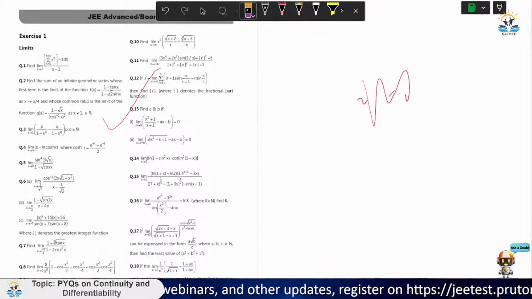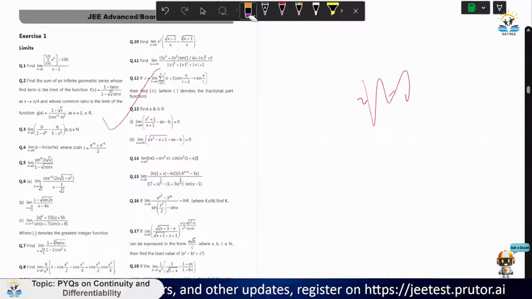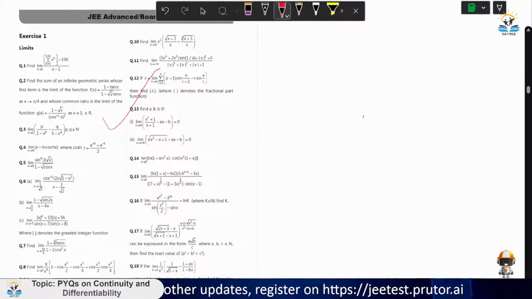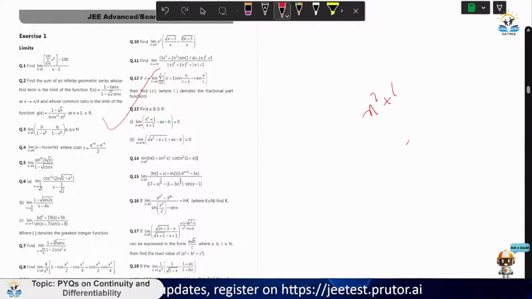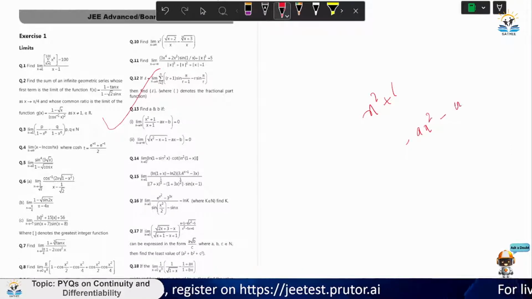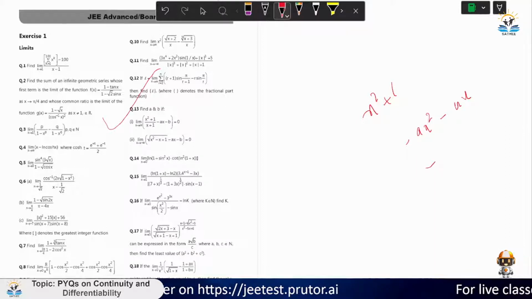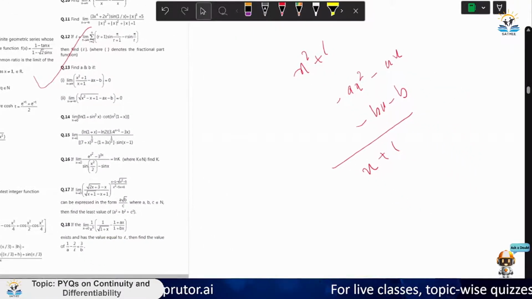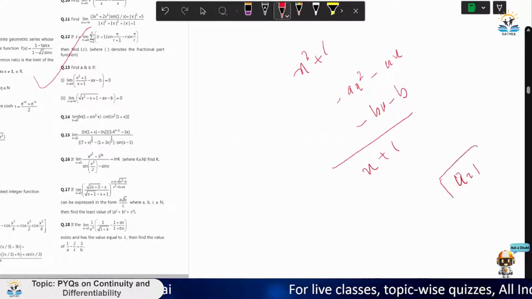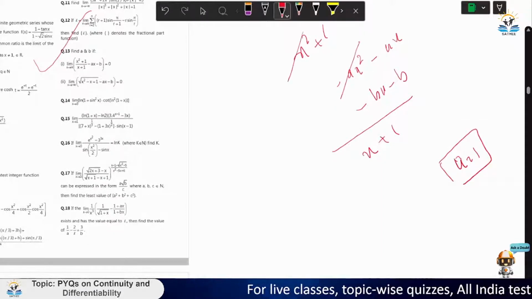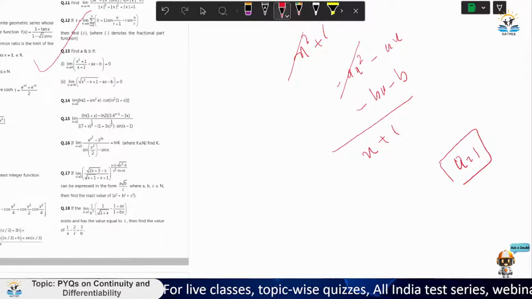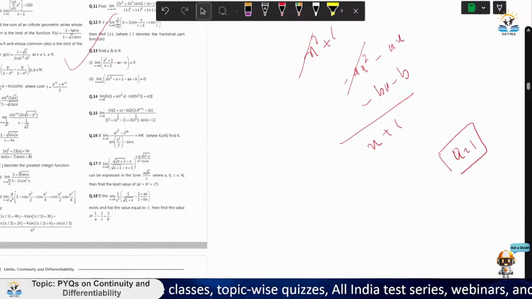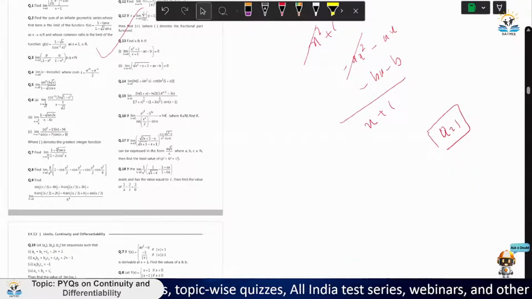Let me just erase it and get back to writing. So x square plus 1 minus ax square minus ax minus bx minus b upon x plus 1. और अगर लिमिट एग्जिस्ट कर रही है एट इंफिनिटी, तो a की वैल्यू तो 1 होगी। ठीक है, क्योंकि हमें ये वाला क्वेश्चन बनाने पड़ेंगे, otherwise the whole numerator term would go to infinity, and that does not work, right? तो a को 1 होना पड़ेगा, तो हमारा a 1 हो गया।